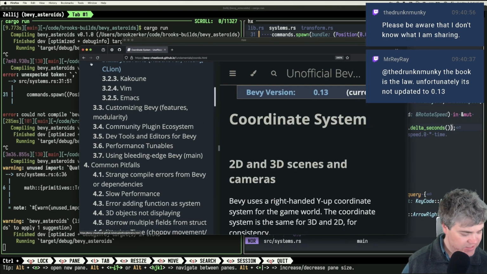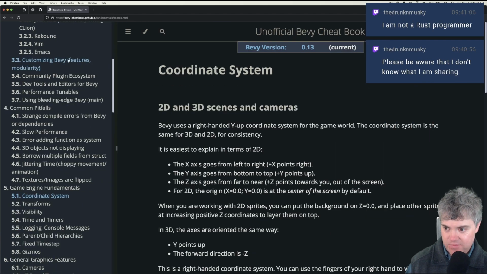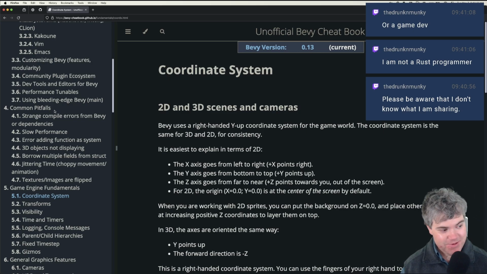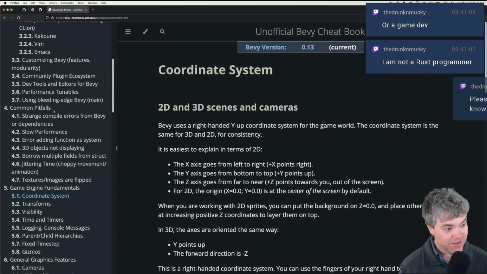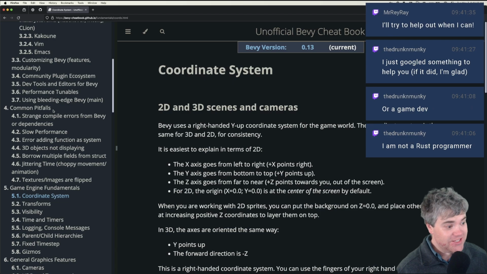One of the things that I was not super happy with was the lack of documentation slash early usage, like tutorials on getting things to actually work the way I want it to. Please be aware that I don't know what I'm doing, so it's all good. No cheating. I am gonna cheat all my way through this project. The book is the law.